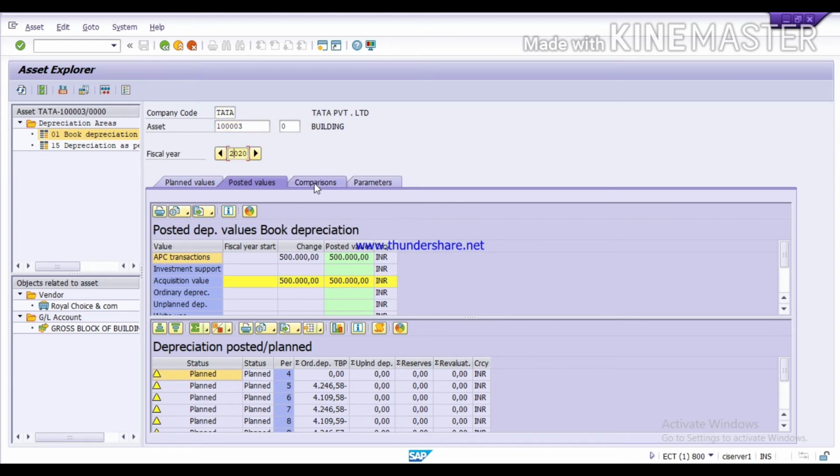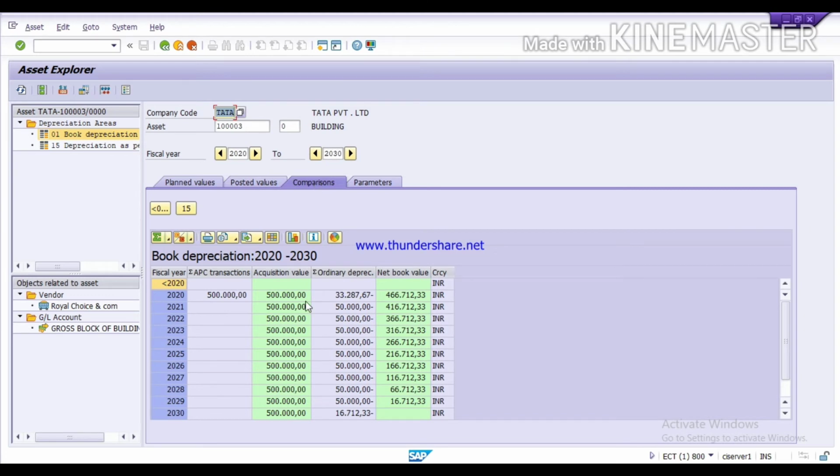Now next you can see a comparison. You can see the list here, like your acquisition value, your ordinary depreciation and your net book value, and you can compare them. The whole ordinary depreciation will be shown here, and your acquisition value and your net book value.